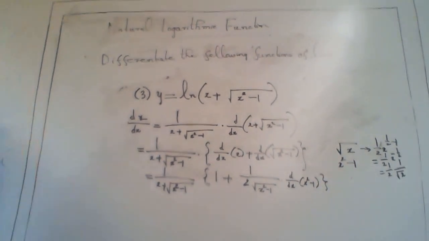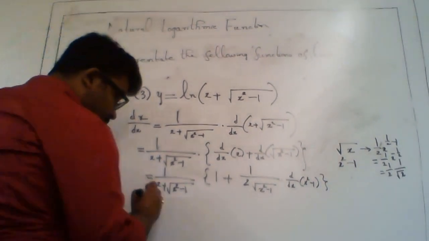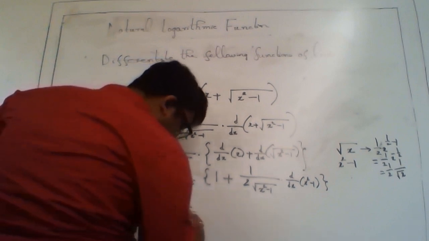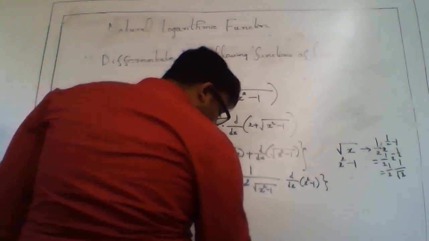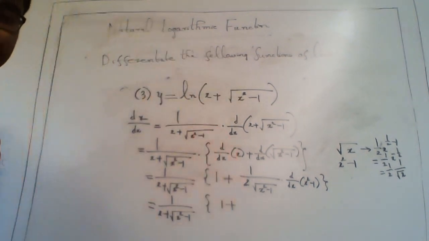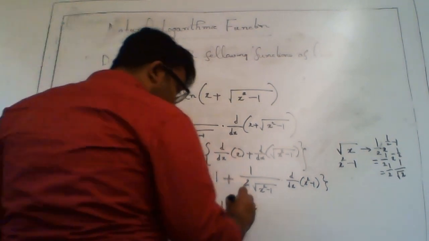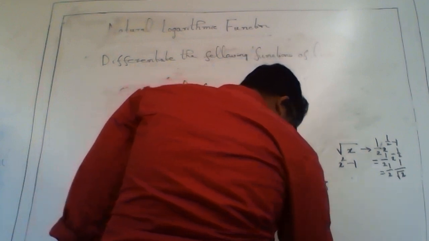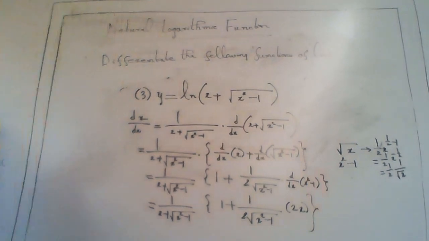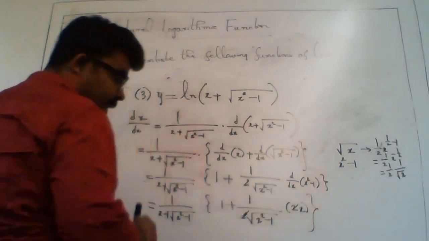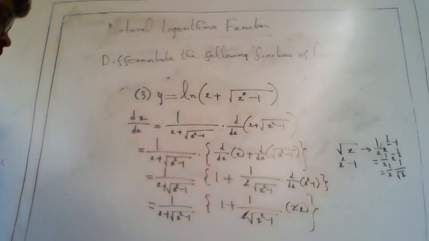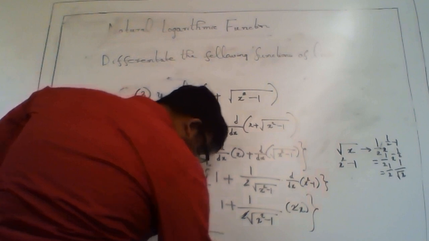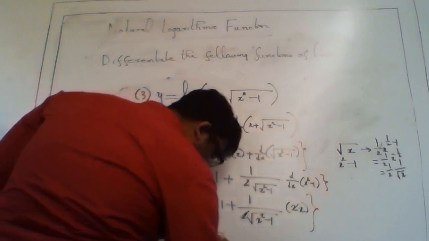If you try to simplify this further, what you will get is 1 by x plus square root of x squared minus 1, times 1 plus d/dx of x squared minus 1, which is 2x, so it should be 1 by 2 square root of x squared minus 1 times 2x. Right? Now finally this 2 and this 2 will get cancelled, and you can write down your final answer after simplification as 1 by x plus square root of x squared minus 1